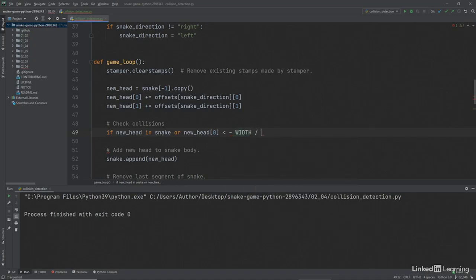width divided by 2, or the new head 0, so we're still talking about the x coordinate here, is greater than the width divided by 2. Remember, dividing by 2 because we're starting in the middle at 0, 0. So the width extends from half of the full width in the negative x direction to half of the full width in the positive x direction. And I'm running out of space here, so I'm going to go onto a new line by using this backslash